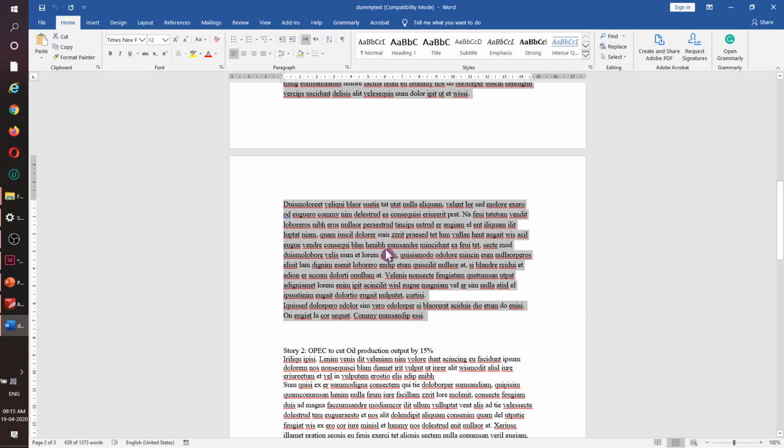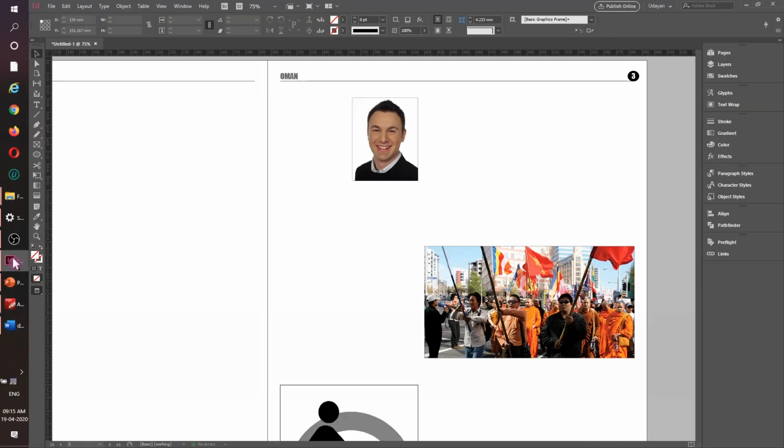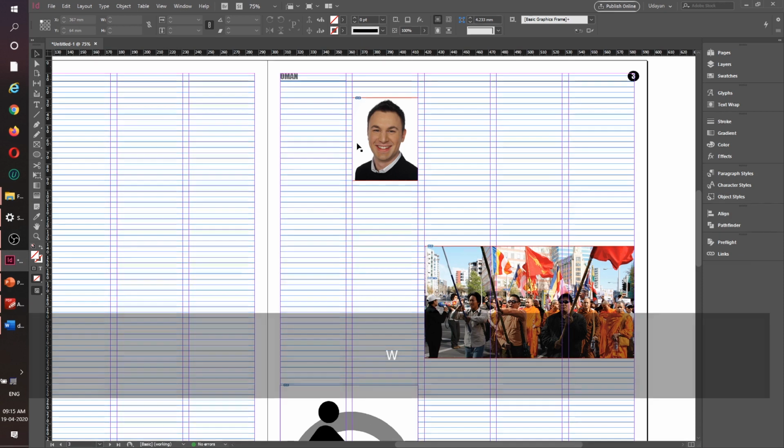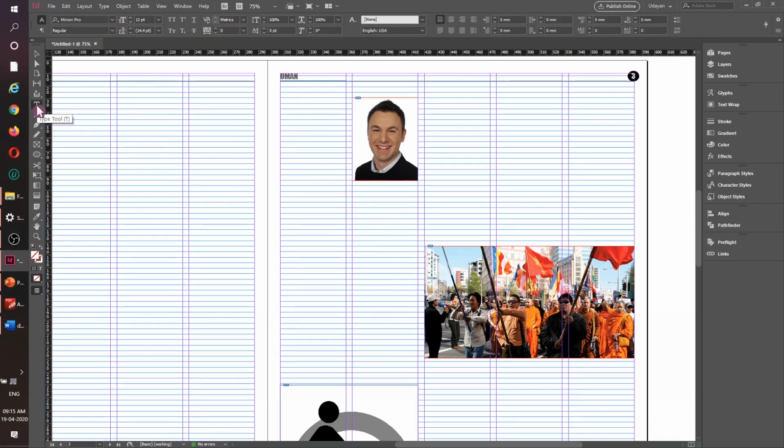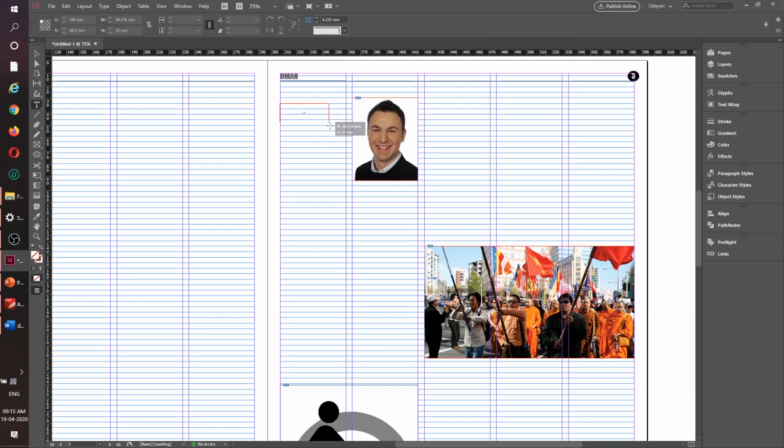Let's copy it from here and try to place it in InDesign. Here I'll again press my W to see my baselines, and I'll start placing it from here. Okay, so I'll use my text tool, and here at the time I will not change anything because I'm going to define a paragraph style anyways. So I'll start maybe from here and I'll make a small section first.